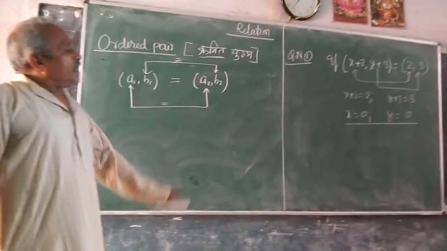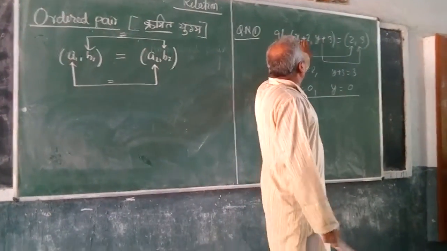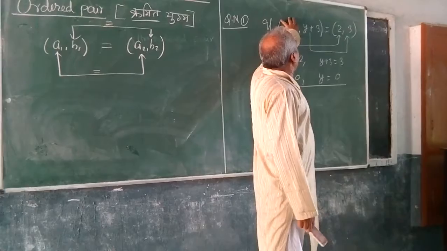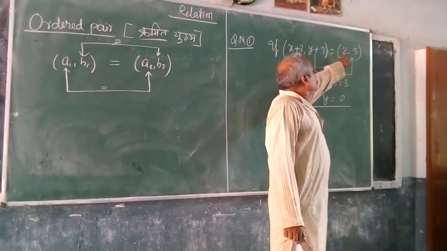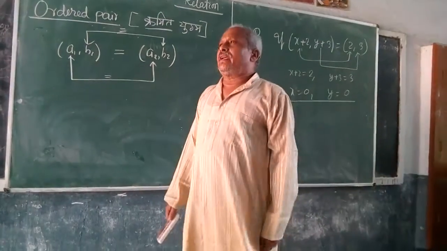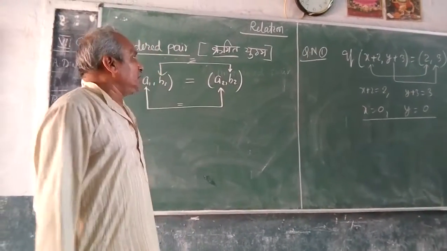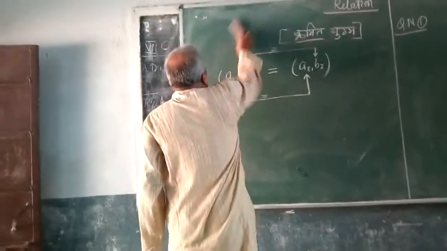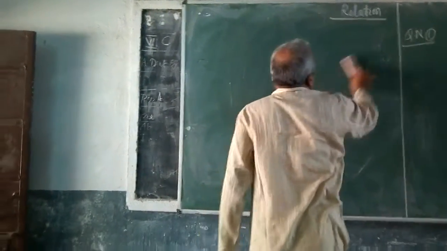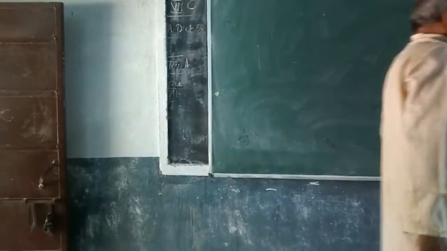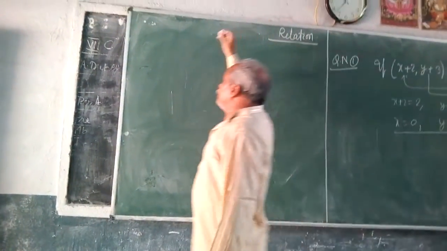And in this way, there are several questions, very easy questions. The complication comes only if some equations are given here. The first entry may be given as some analytic equation or trigonometric equation or expression, and equated to some particular number. In that case, we have to find x or theta. Okay, and there are several questions, you will solve them. First thing, I think the ordered pair is clear to all of you. Okay, now we will discuss the Cartesian product of two sets, or you can say product of sets.